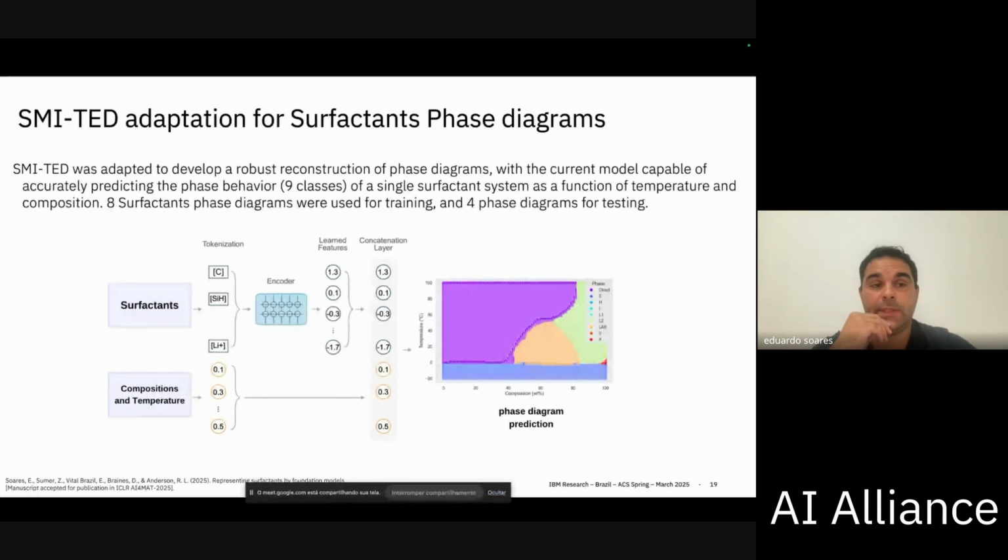The first one is using the SMI-TED for the classification of surfactants phase diagrams. So the SMI-TED is trying to reconstruct these surfactants phase diagrams. We have 90 different phases for each surfactant, and this model was adapted for this prediction. So we have as input to our model the surfactants, which is encoded by this